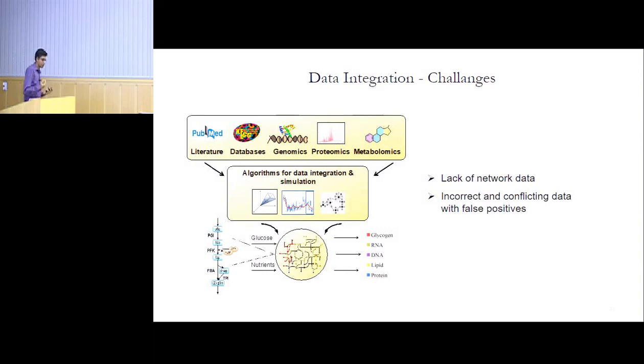So far I've talked about how we can take different kinds of data, overlay it into this model, and find something really cool with it. But normally when you do this for your own project, you might face a lot of challenges. For example, you may not have data for building these models. Another common but really challenging issue is that sometimes your transcriptomics data might predict X, whereas it might conflict with what your metabolic data is saying. So there may be conflict between different kinds of omics data. And so I want to talk about two main challenges that we face when we build these models and how we are trying to address them.